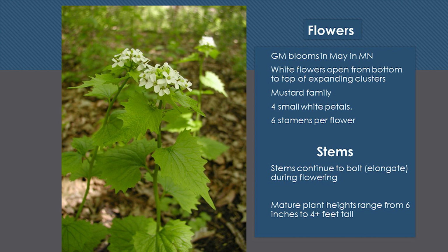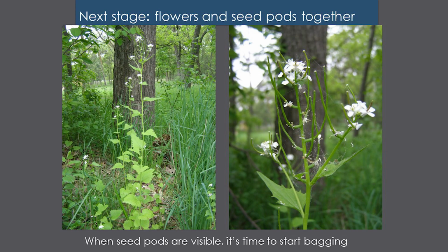So some of the larger ones will get tall and they'll have multiple stalks and almost look like a shrub in a way. So it can be really big, it can be really small, depending on the moisture and the temperature. Alrighty? So now, as it continues to flower,